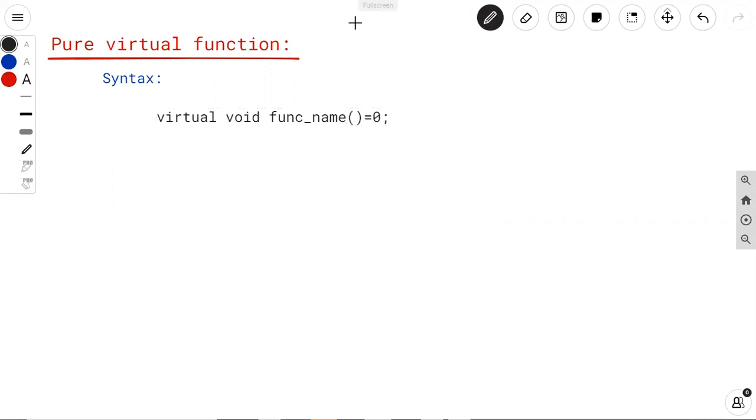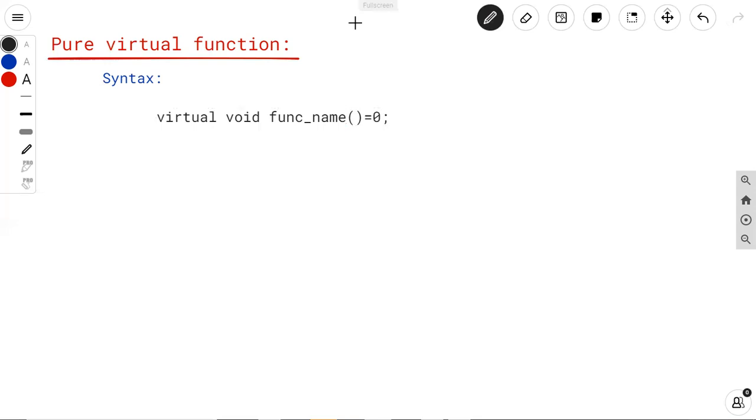If any class contains a pure virtual function, then that class is known as an abstract class. Abstract class मध्येच आपण बघितलं होतं प्युअर व्हर्च्युअल फंक्शन, आठवतंय का? What is an abstract class? The class which contains the pure virtual function is known as an abstract class. And we are not creating the object of an abstract class.